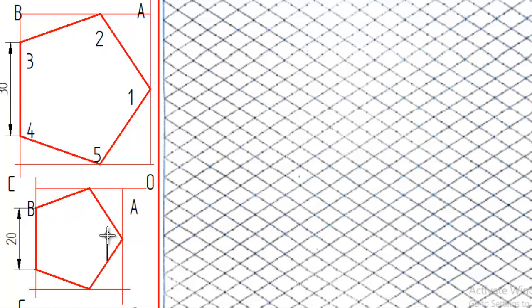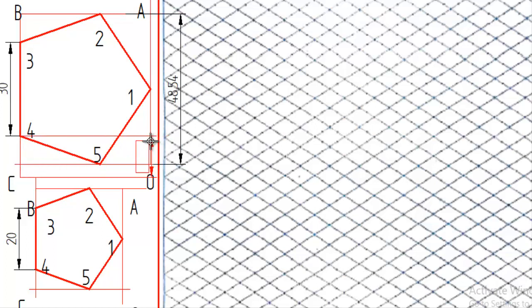And same here 1, 2, 3, 4, and 5. So next we need to find the distances of these frames. So this is the top frame, 48.54, and then the width of this one we are getting 46. And the same, we have to get the distance of these points, and same way here also from the 1, and then here C to 4.